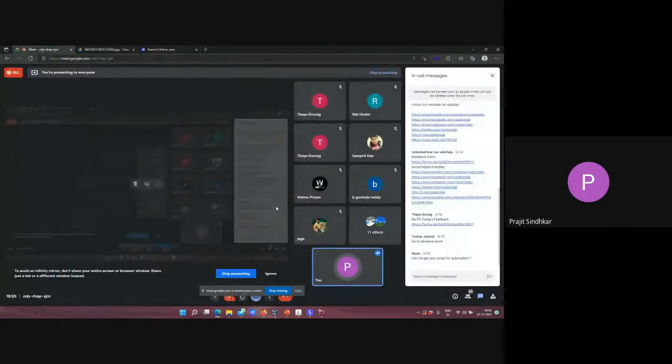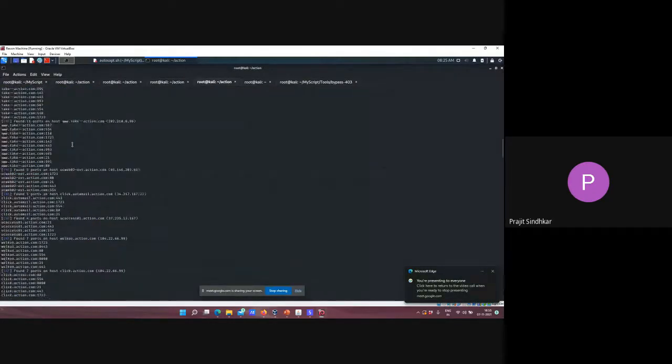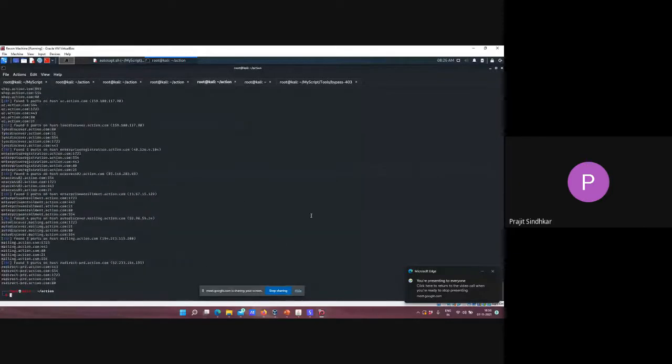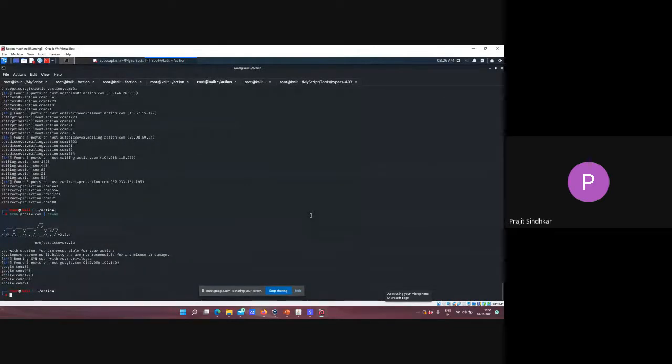And if all the subdomains are in scope, then you can do the port scanning together, and if not, you can do a simple single subdomain port scanning by echo command in Naabu. Okay, echo the subdomain, let's say google.com, and pipe it to Naabu. So these are the first part that you have to try while doing unauthenticated testing, and most of the vulnerabilities you can easily find at this point.